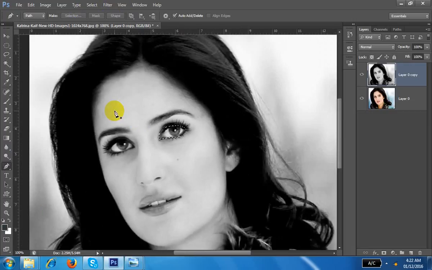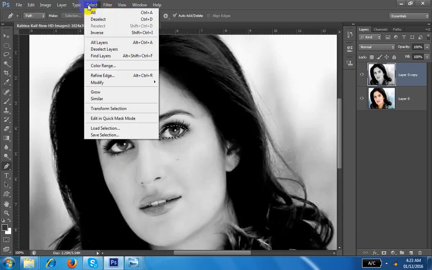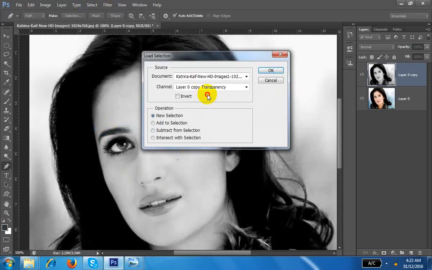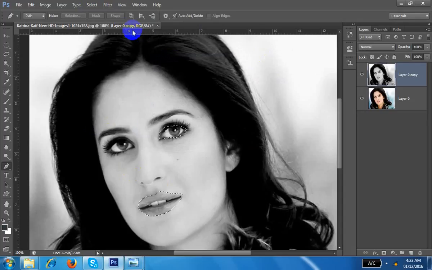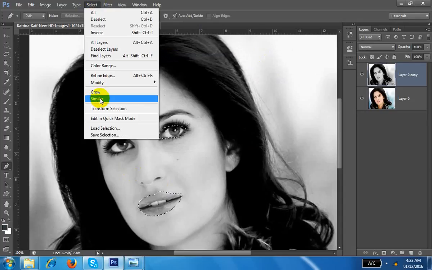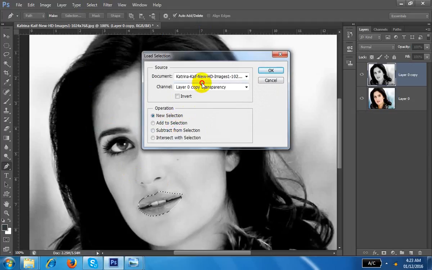So what happened? I have to select all these selections first. Select, Load Selection, I2. Lips also, add to selection, and again Select, Load Selection, I3. This is I1. Okay, and add to selection.